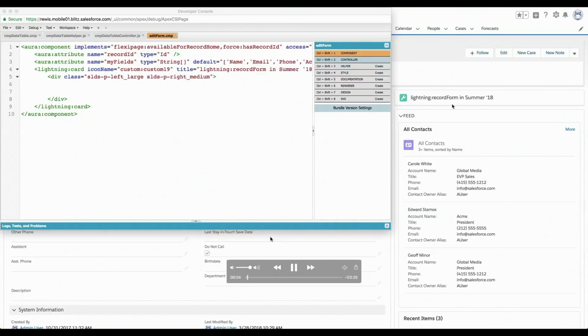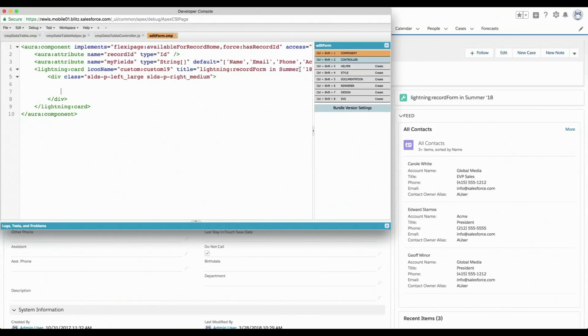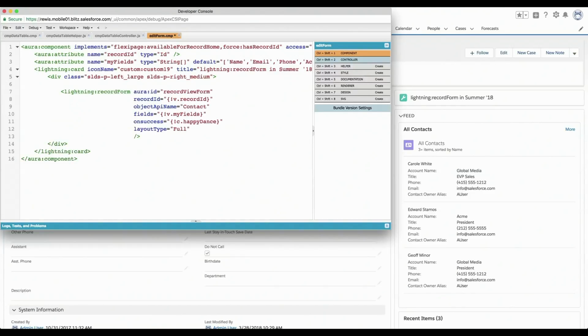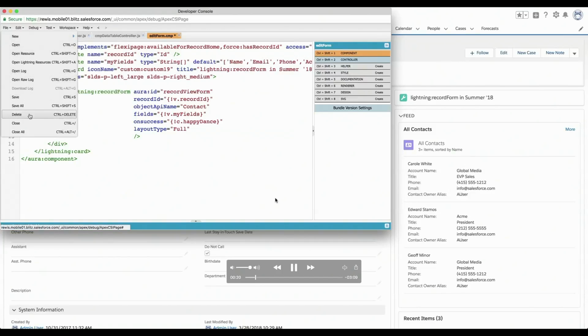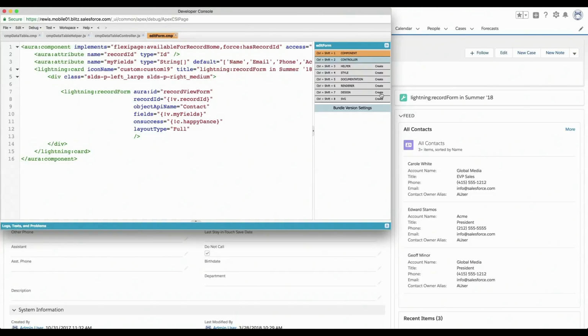Okay, so we're going to start off. We've got that component over there on the right-hand side. I'm going to start doing some coding here. Now, that Lightning record view form, Lightning record edit form, they're great. But even better would be this one, simply called Lightning record form. What is it? It is the combination of both of those. Let's go ahead and let this play and continue to see that now what is going to happen here, I'm going to save this. We're going to update the record